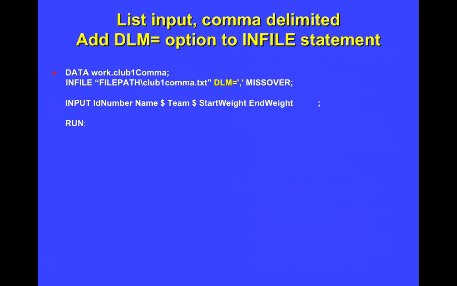Now, oftentimes you may get a raw data file where the data are separated by things other than spaces. A common delimiter is either a tab or a comma, and in this example, I'm showing you how you would input comma delimited data. And the only addition that you would need is this DLM equals option. So this is specifying the delimiter. And then in quotation marks, you would specify the actual character that will delimit the files. So in this example, we have a comma delimited file, so we tell SAS that a comma is going to